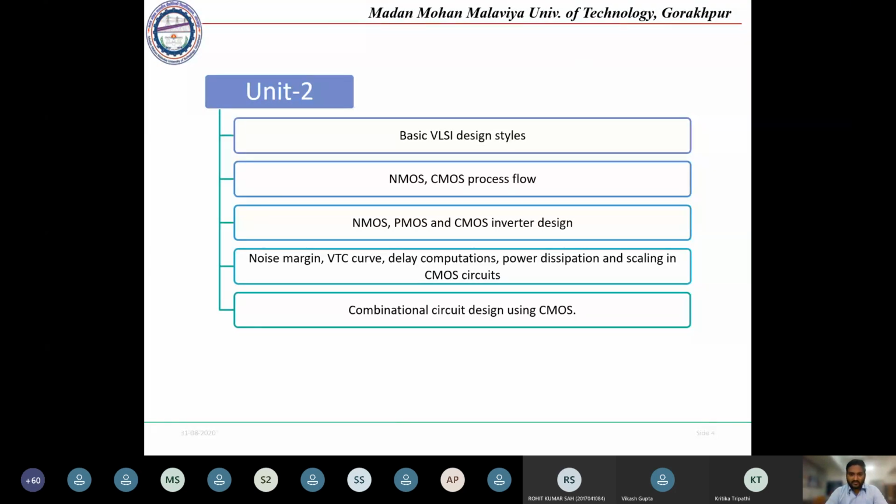So the fabrication process of any chip is basically the most important thing. Once we have got the chip, it will be easy to perform operations. But while getting a chip, there are different steps and those steps need very specific care and protection. So we will be studying where we need to take care and where we need to take protection. There are different steps we will be studying in the process flow of CMOS and NMOS.